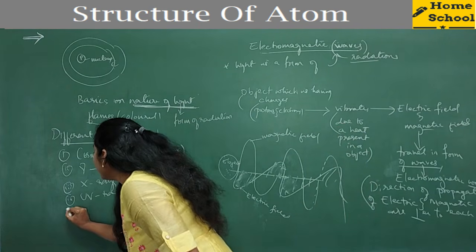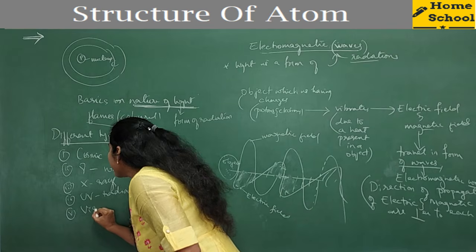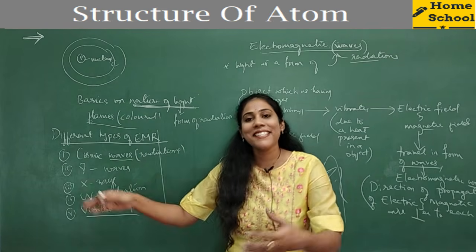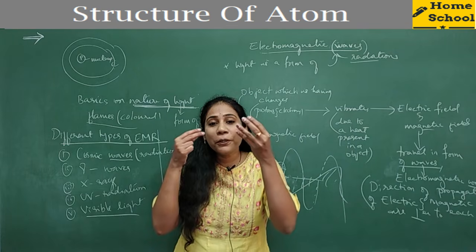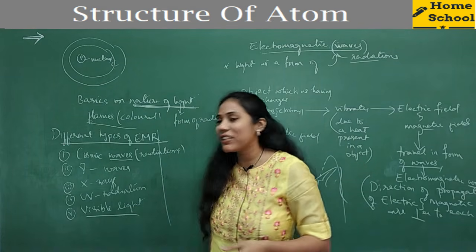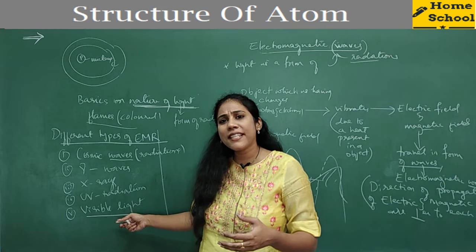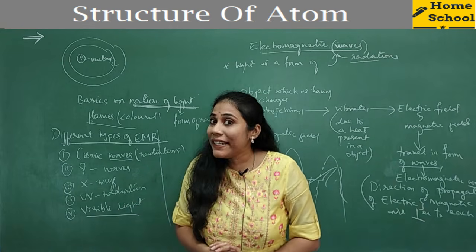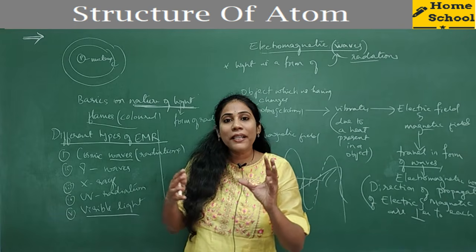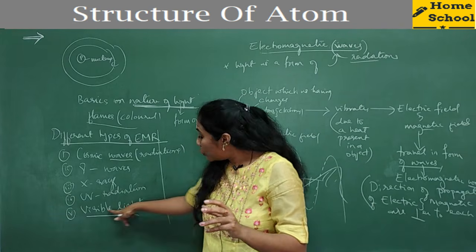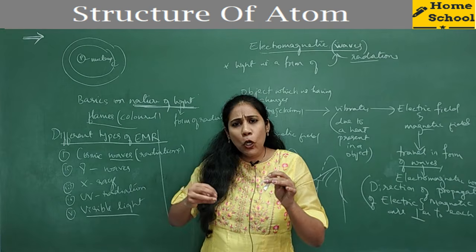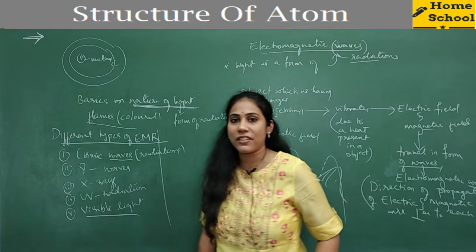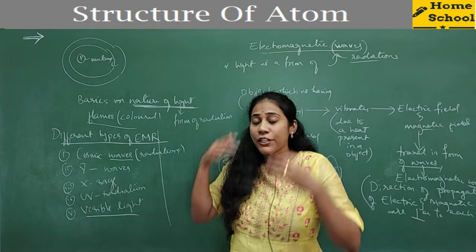Okay, and the fifth one is visible light. Visible light is very important because we see these radiations. Okay, our human eye can see with the help of these radiations. And who will produce these radiations? Again, the sun is the one which is producing visible light radiation. Okay, our human eye is sensitive to only visible light. We can only see which type of electromagnetic radiations? Visible radiations. We cannot see cosmic radiations with our eyes.